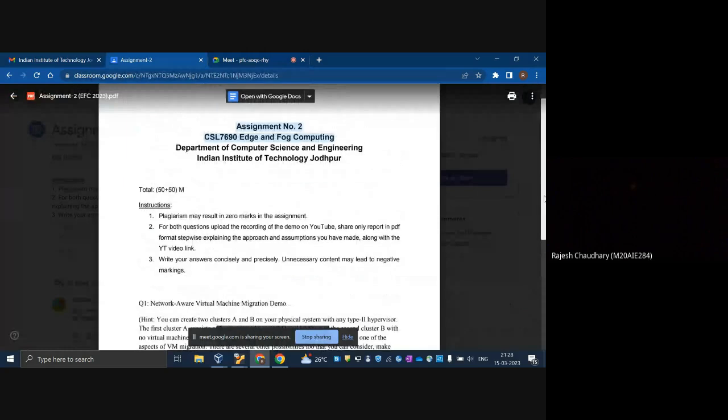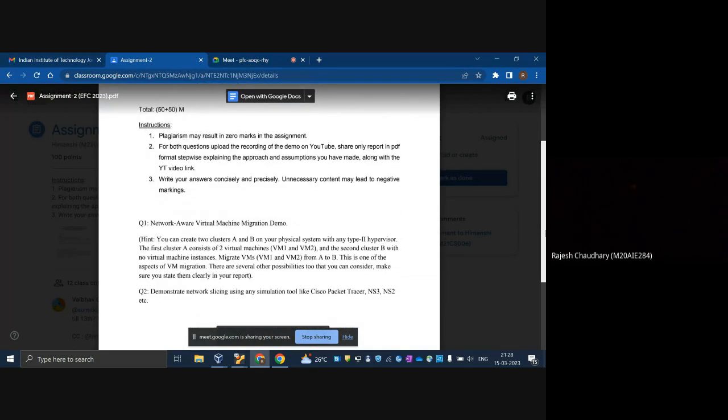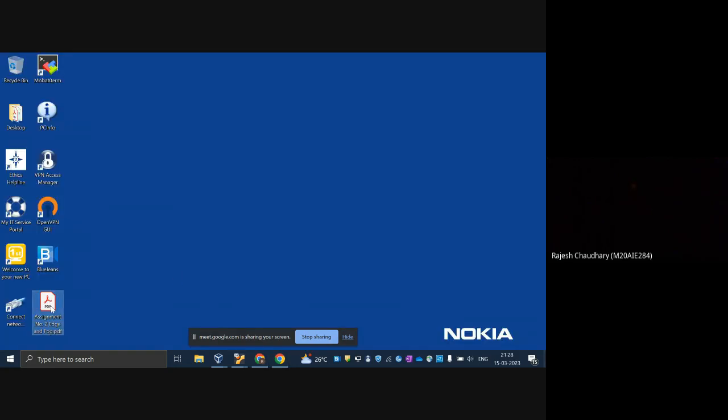Yes, this is in reference to assignment number 2 of CSL 7690, Cloud Computing. The first question is related to the creation of two clusters. In one cluster, we have to create two virtual machines. In the second cluster, we don't have to create any virtual machine, but we have to migrate the virtual machines from cluster 1 to cluster 2. So in order to achieve the same,